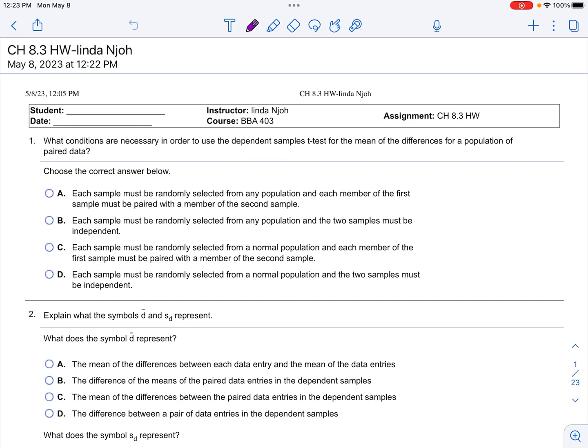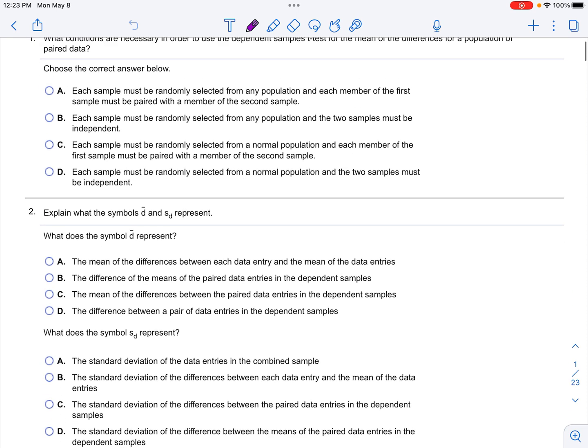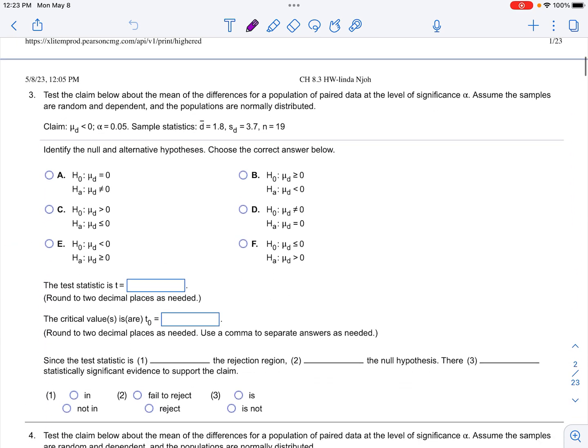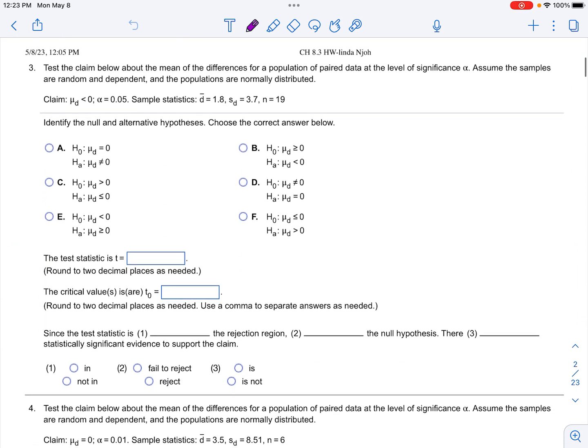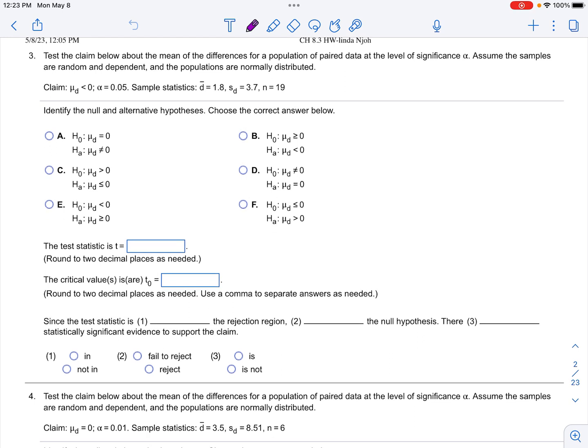So let's start. For the multiple choice questions, you can look at the key. I will circle the ones that I think we need to work together on. This one, for example, number 3, they already set up the claim for you guys. It's already here. So this is a paired t-test, and your claim is